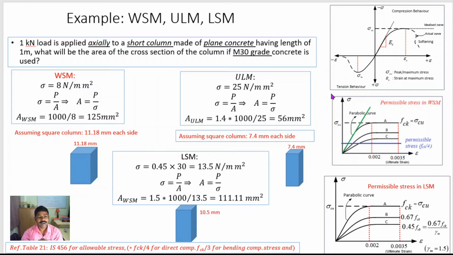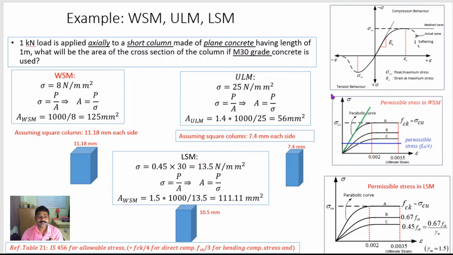If you see IS 875 part 5, there we will find. So I will discuss after a few classes the different IS codes such as IS 456, IS 875. There we will find that in the case of the working stress method, we get different load factors for different loading. We just combine the loading and consider the worst case.